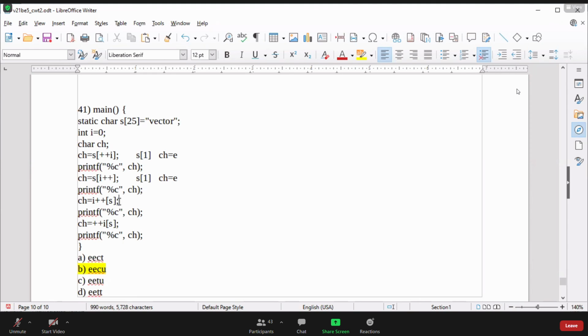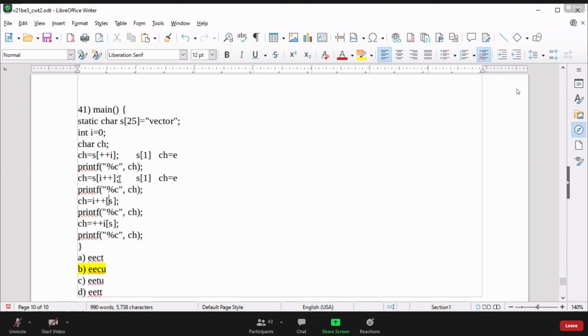Now next time, just try to understand I plus and S. This concept you also understand, you know that very well. Either we can write S of I or I of S. Both will work the same. Both will take the same specific index or the same specific index-related data. Right. So now here I plus post-increment.